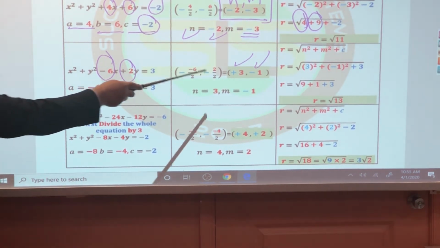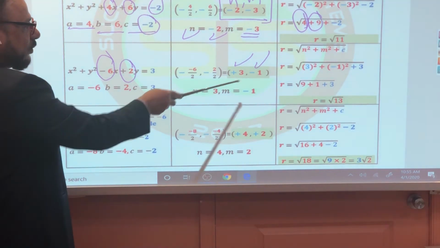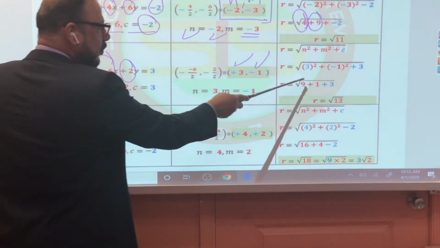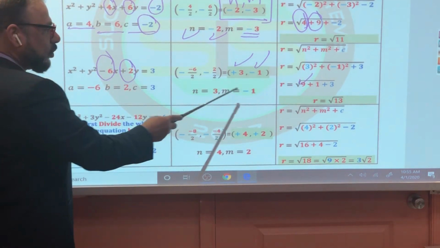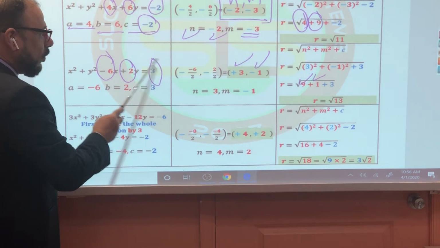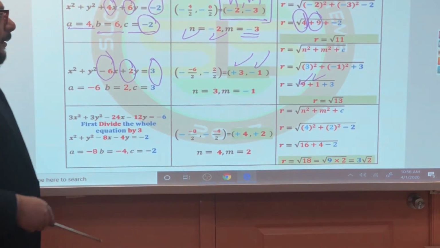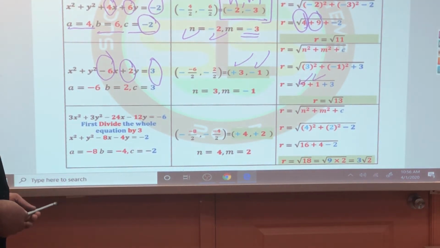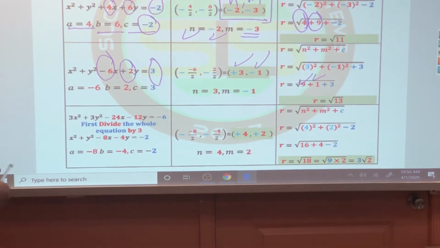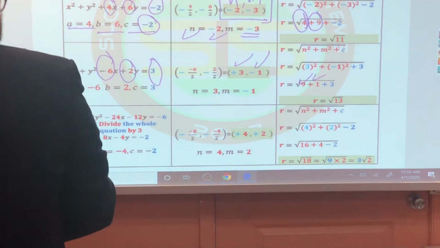Now we know the center, which is 3 and negative 1, right? Yeah. You go here, you square the 3, which is what? 9. You square the negative 1, which is what? 1. You add this number, always plus 3. We found this way after too many trials to make it easy, simple and quick for the kids to solve any circle problem. Okay, that's easy. Look at the last example.